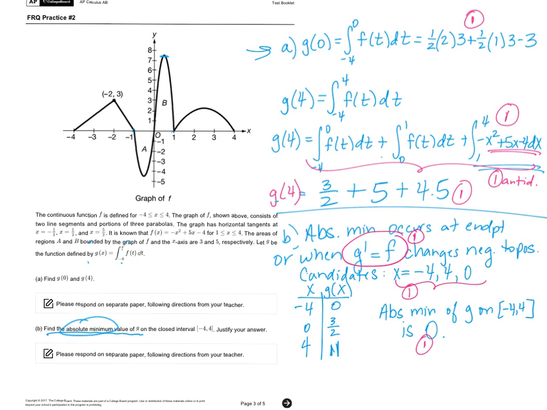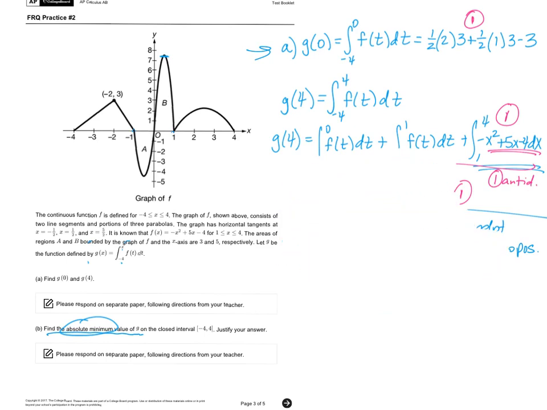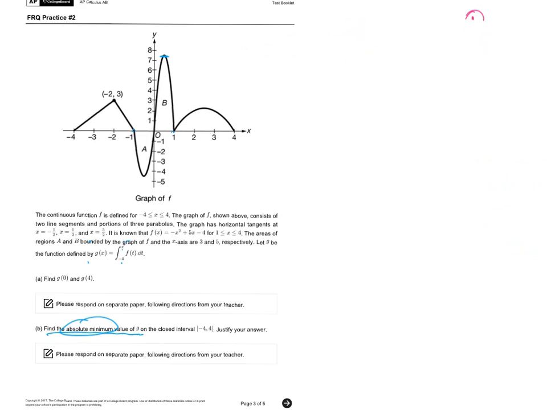All right, part C. I actually didn't copy that down because I can just read that one. Part C says, find the intervals from -4 to 4 where G is concave down. Those curve sketching relationships, hopefully you don't even have to look them up. You already know. You say G is concave down when,